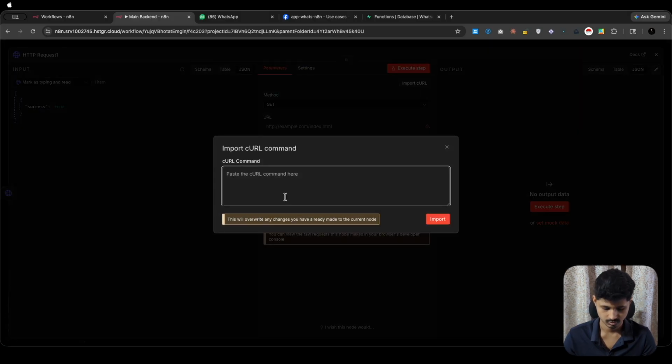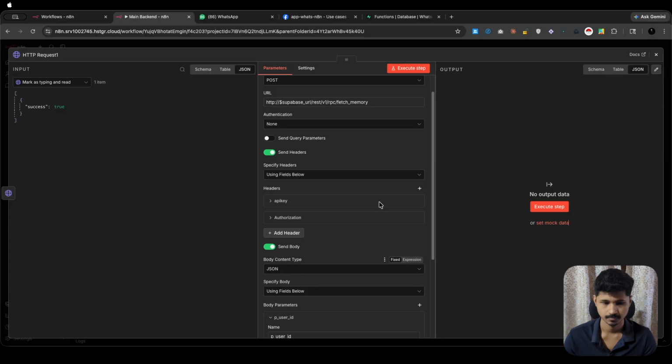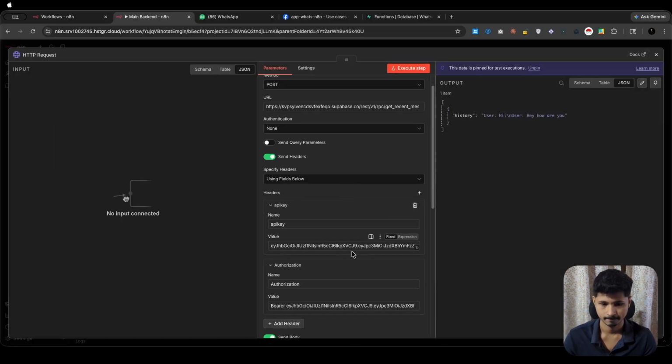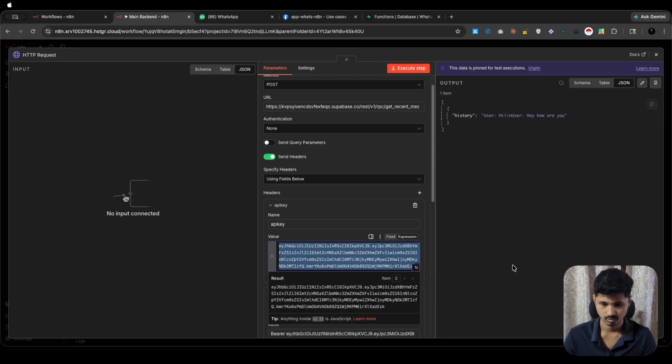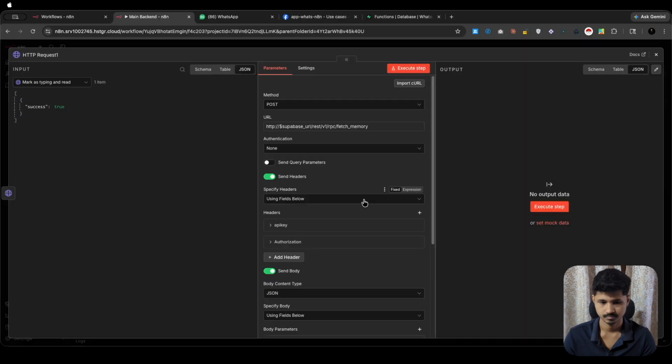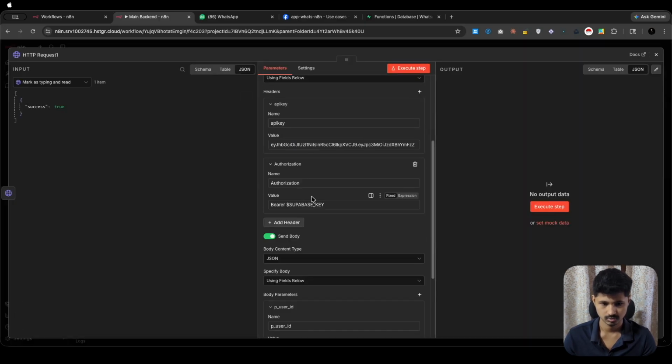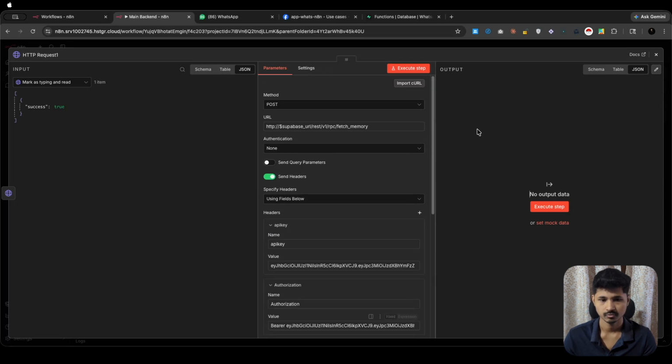Let me just import, paste this over here. Yeah. Now what I have to do is copy this, paste this over here, the authorization over here, and for the URL